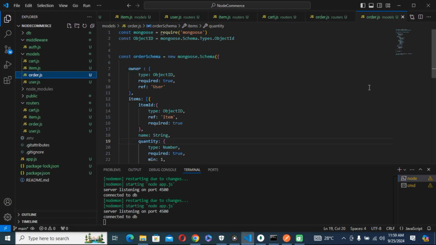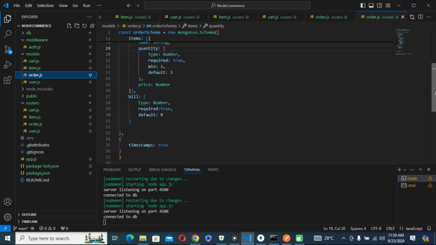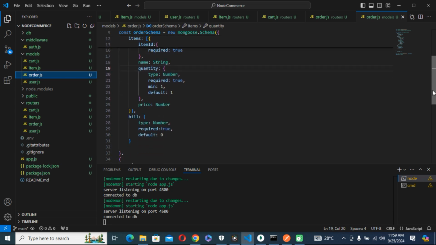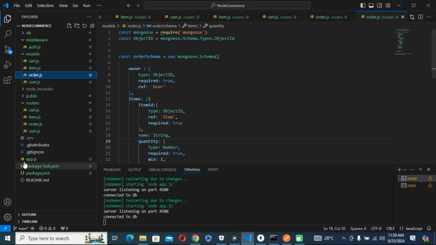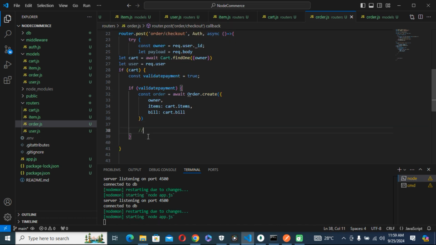Owner, items. Inside the items, that is where we have all these items: the item ID, the name, quantity, the bill for that item, and then others. So that is why we are doing this by saving the orders,